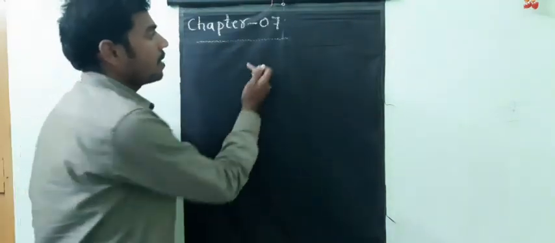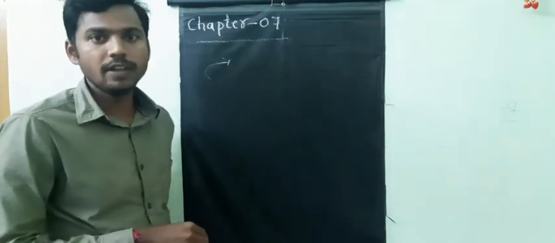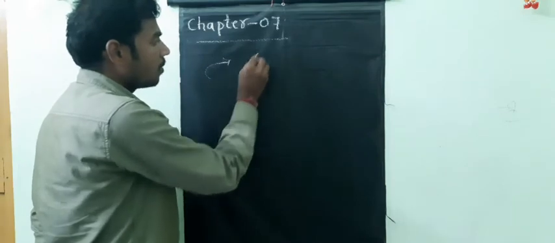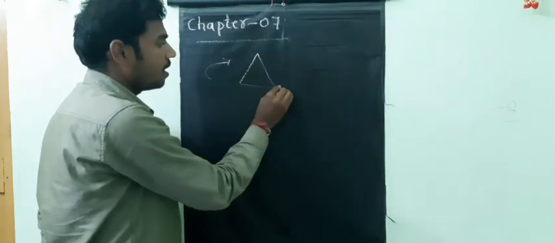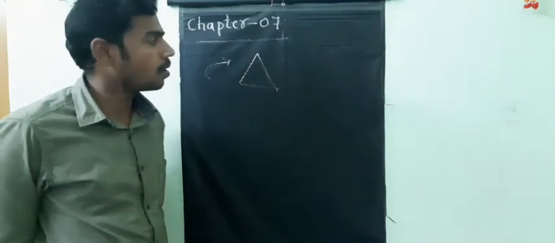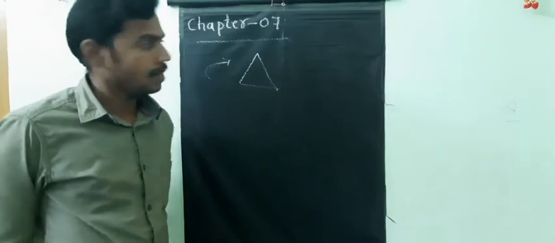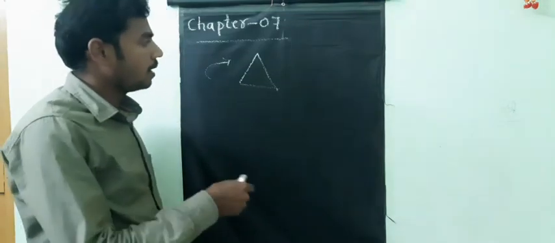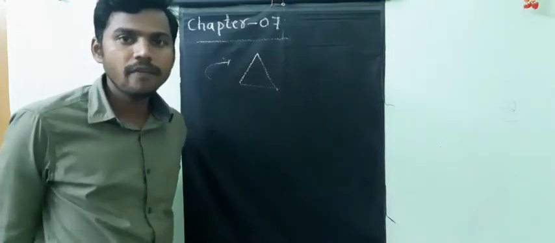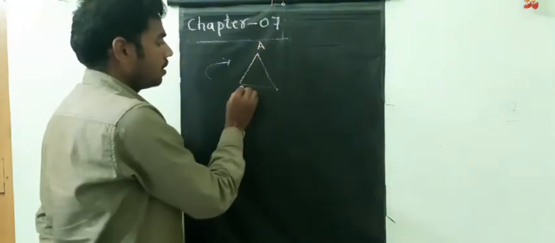See, what are the properties that we'll connect to the previous knowledge? What are the things that we know about triangle? See, when I talk about triangle, it is the least polygon. What do you mean by least polygon? A polygon is a closed figure made up of line segments. So to make a polygon, I said it is a closed figure which is made up of line segments. See, I have drawn the triangle.